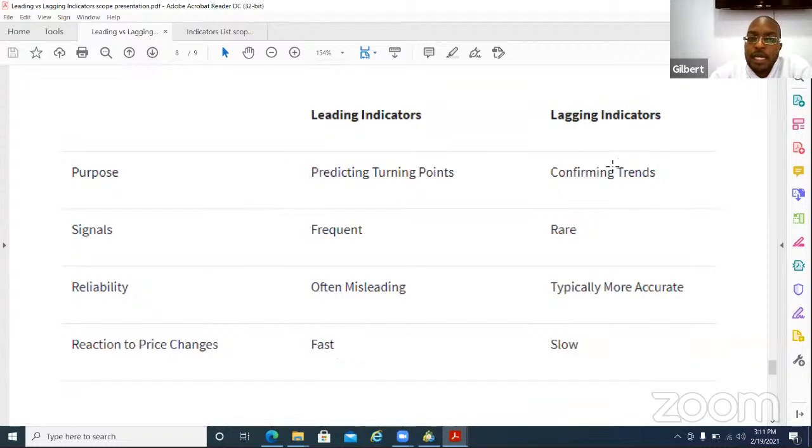But when we come to the lagging indicators, the purpose of lagging indicators is to confirm trends. The signals are fewer, in this case they are rarer, and the reliability is typically more accurate. Why is this? It is because we are confirming what's already happened. So the turning point has been established, the market is now moving in a particular direction. So we're likely to get things right when we come in after confirmation using the lagging indicators. And the reaction to price changes is typically slow, and that's why it takes time for us to get our